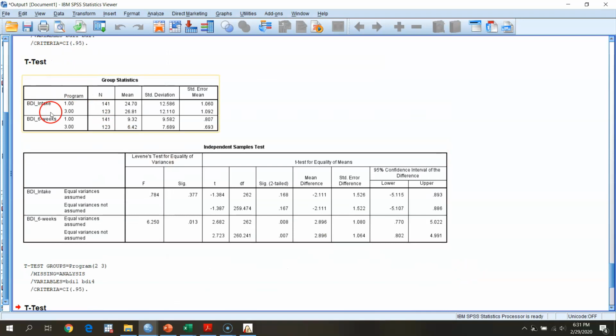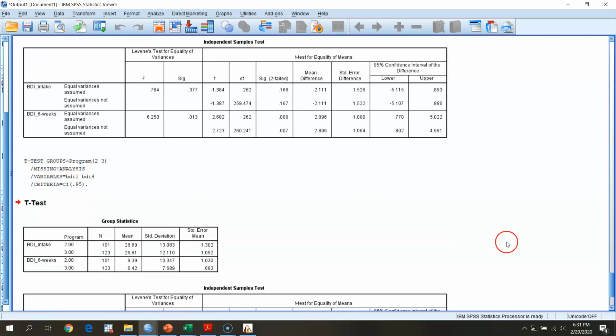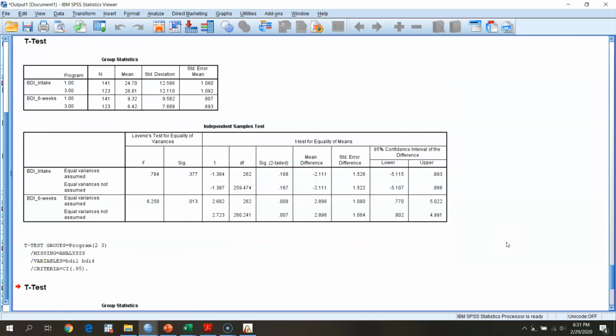Here, we're comparing groups 1 and 3. It doesn't look like there's much going on at baseline, but here we've got a violation of homogeneity of variance, so we're going to go down to equal variance not assumed, and we've got a test statistic of 2.72, a p-value of 0.007, so maybe evidence of potential differences at end of treatment between 1